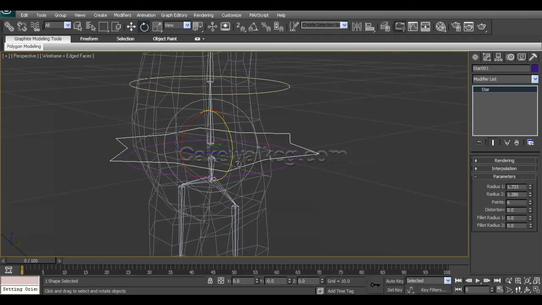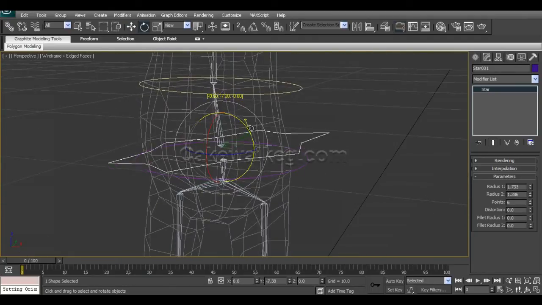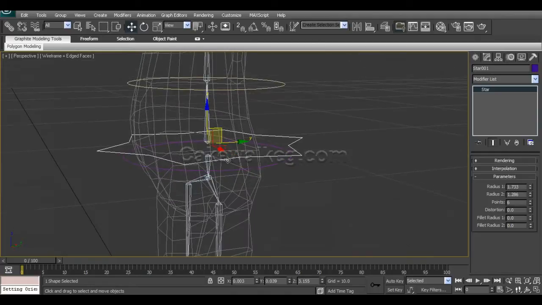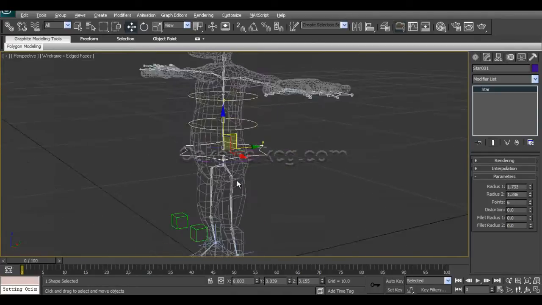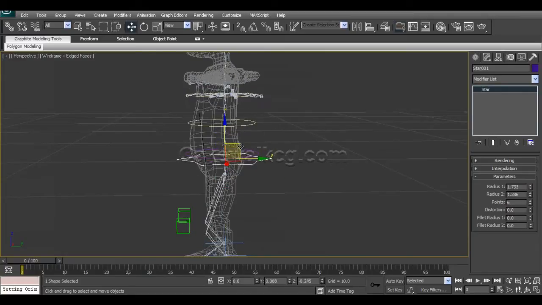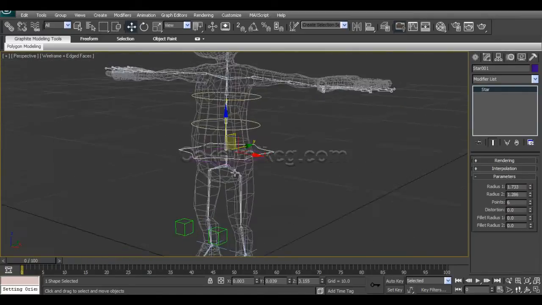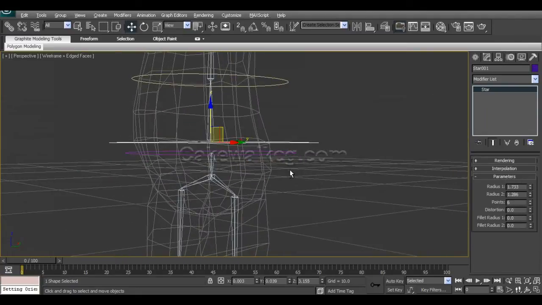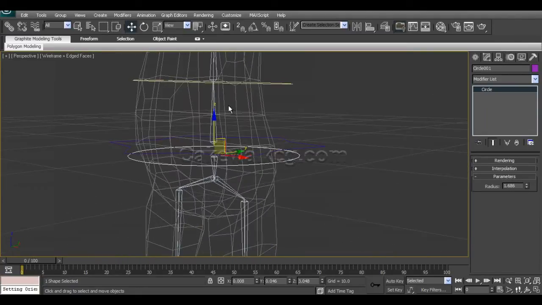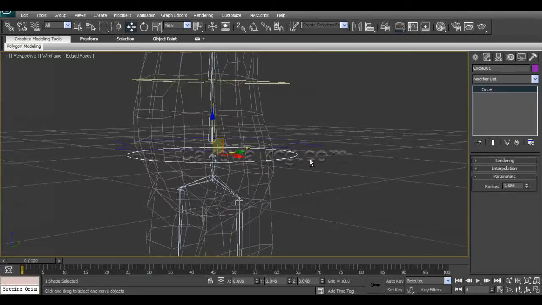So the controller actually has the rotation power and also the movement. So you can see, yes, the entire body is moving, but the controllers are not connected with the pelvis. So what we will do is select the hip controller and just link it to